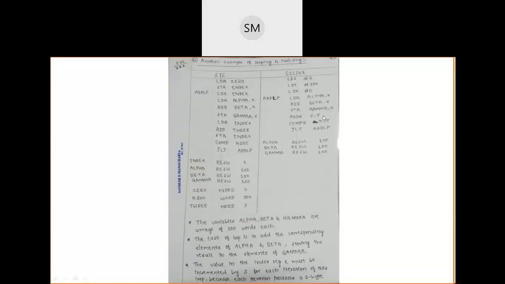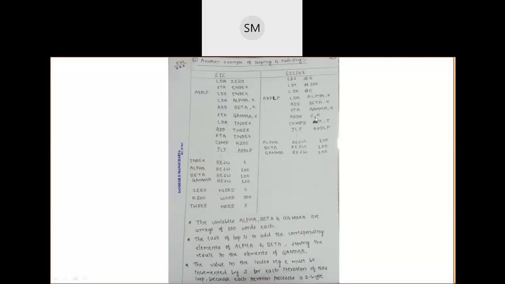Remember, a very important point I am telling you: after performing this addition operation, the result will be stored in the second register. This is R1 and this is R2. R1 is S, R2 is X. Whatever addition you are doing here, the sum will be stored in the second register X. Now the value of X is 3. Clear? Because 0 plus 3 is 3, and that 3 is stored into the register X.